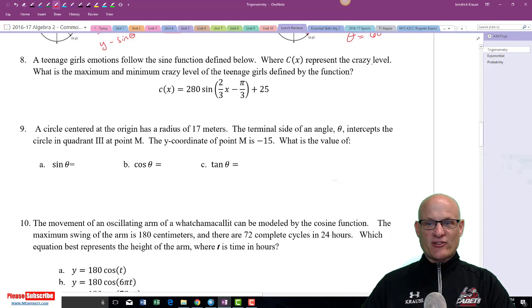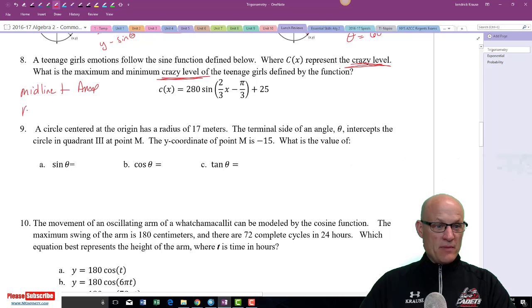Where C of x is the crazy level. What is the maximum and minimum crazy level of a teenage girl? Right? So max and min are always the midline plus the amplitude, and the midline